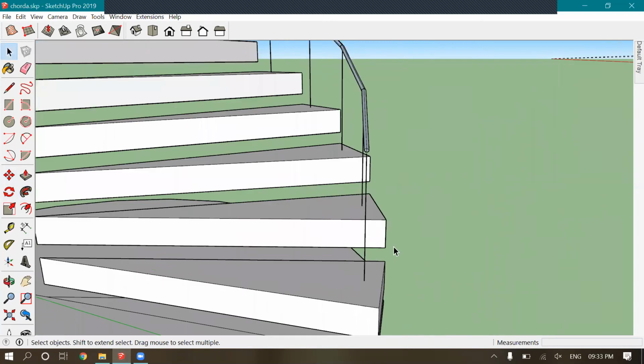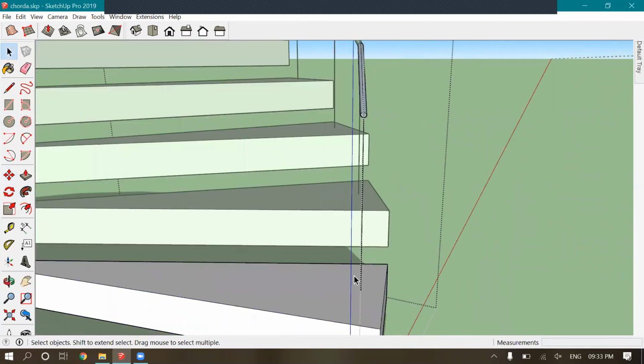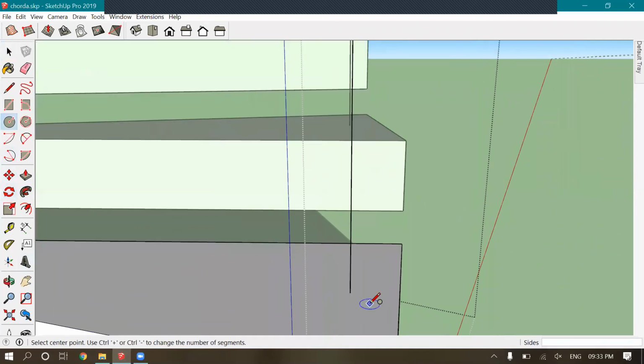So you can add some railings as well. That's up to you. Let's add some.